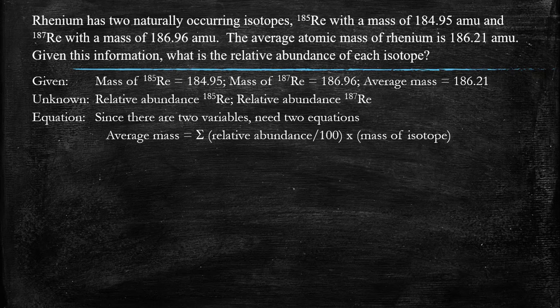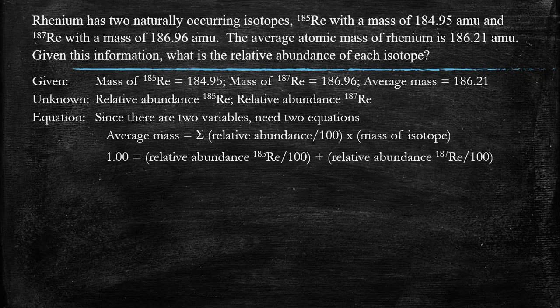The first equation is that the weighted average, or the average mass, is equal to the summation of the relative abundance of an isotope divided by 100 times the mass of the isotope. We also know if you take the relative abundance of rhenium-185 divided by 100 and the relative abundance of rhenium-187 divided by 100, it has to equal 1 because the sum of the percentages equals 100 and we're dividing by